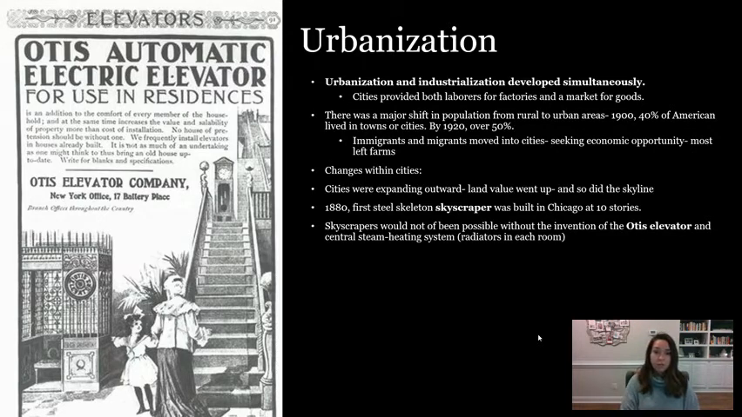There's a major shift in population from rural to urban migration. In 1900, 40% of Americans lived in towns or cities. By 1920, it's going to be over 50%. So for context, in 1800, 80 to 90% of Americans lived in rural areas. So over the 19th century, there is a gradual shift from people living in rural areas and farms and being self-sufficient in the frontier to moving into cities,